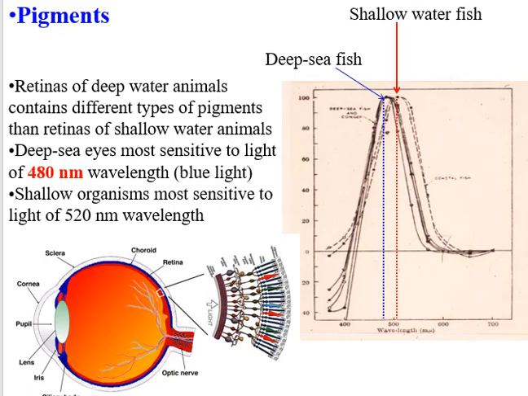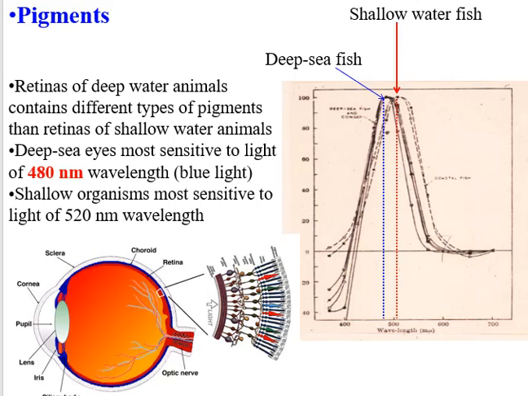And in fact, if you look at the sensitivity of the photoreceptors in the retina of deep sea fish and deep sea squid versus shallow water organisms, then you see that very thing: their eyes contain photoreceptors that are sensitive to lower wavelengths of light, associated with blue light, with a wavelength of about 480 nanometers. That's the wavelength of light that, if it hits your eye and is focused on your retina by your lens, then you perceive it as blue light.